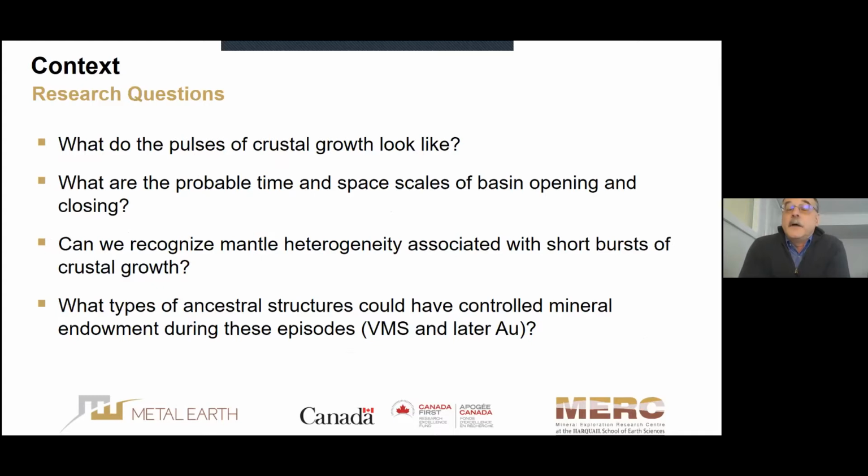And so those are the main questions for the project. What do the pulses of crustal growth look like? Can we better constrain the time and space scales of those pulses of crustal growth, which are basically opening of basins, coincident with major ore forming events? And can we link that to mantle properties, which I've been hearing a lot about? And can we identify ancient structures that could have controlled mineral endowment during those episodes, not only VMS deposits, but